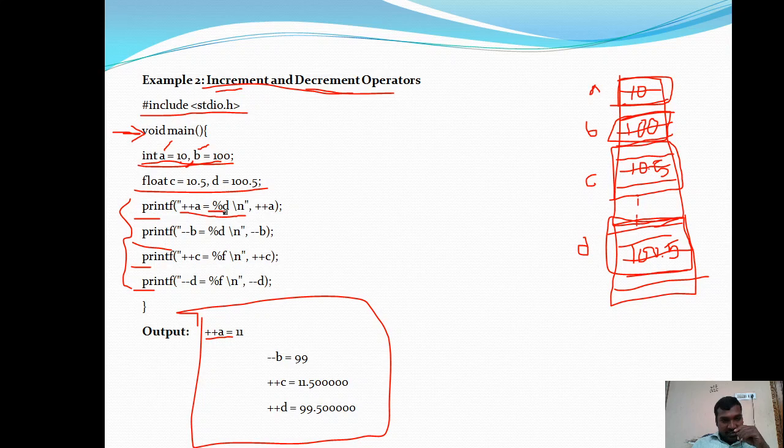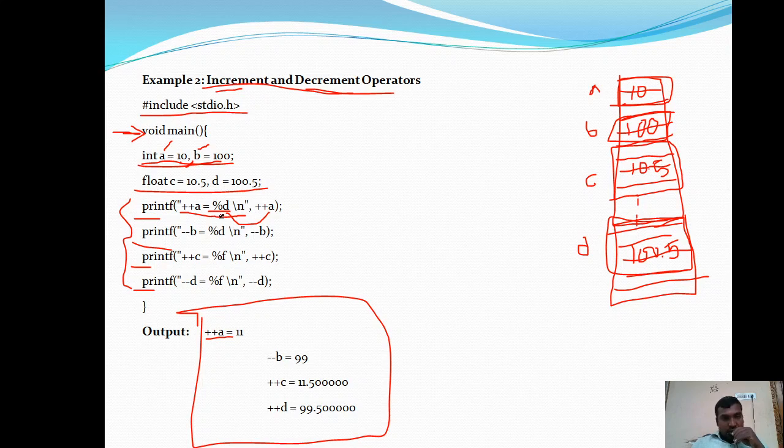Then this %d is an integer format specifier, replaced with the integer value available in variable a. And \n is the new line, which moves the cursor to the next line.